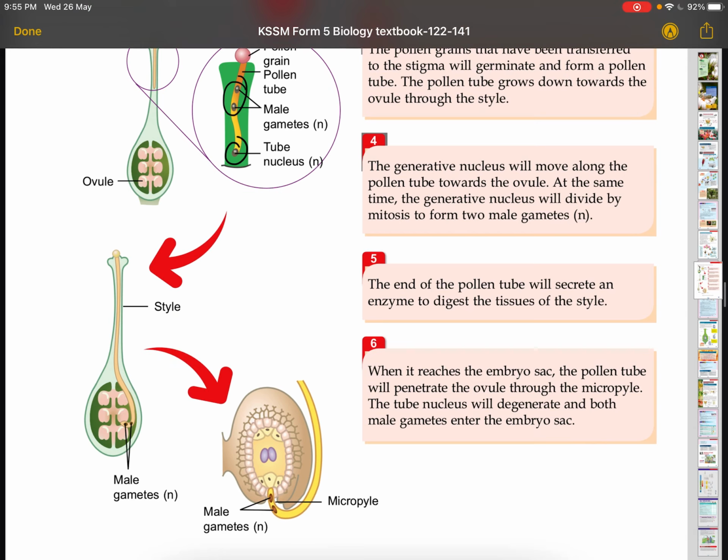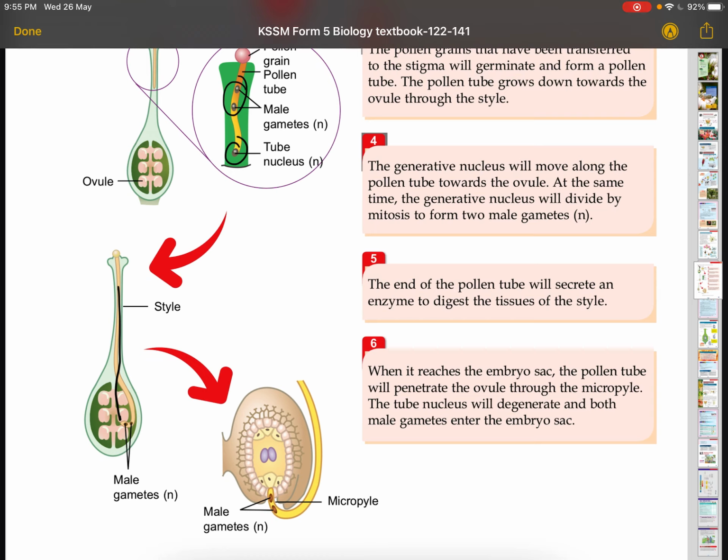And then again, this tube nucleus will continue digging down, and it doesn't dig straight down. It doesn't go immediately in. It will go through the micropyle, because that's what the synergid cells told them to. So it will go down, it will bend, and then it will go into the micropyle. So when it reaches the micropyle and penetrates into the embryo sac,